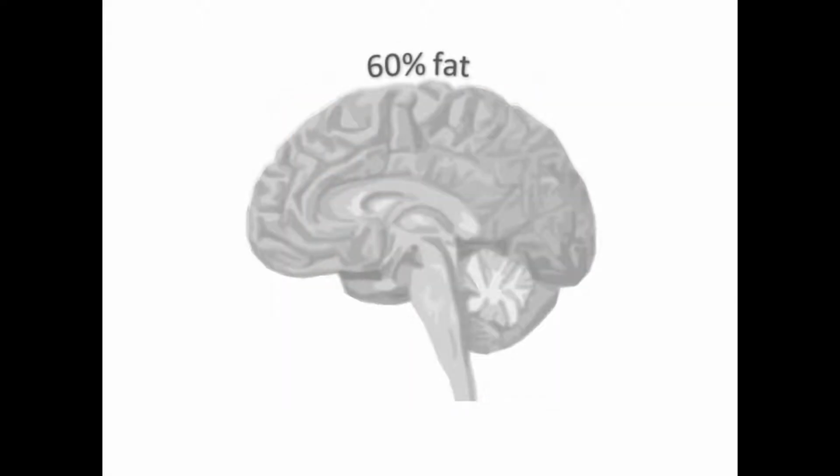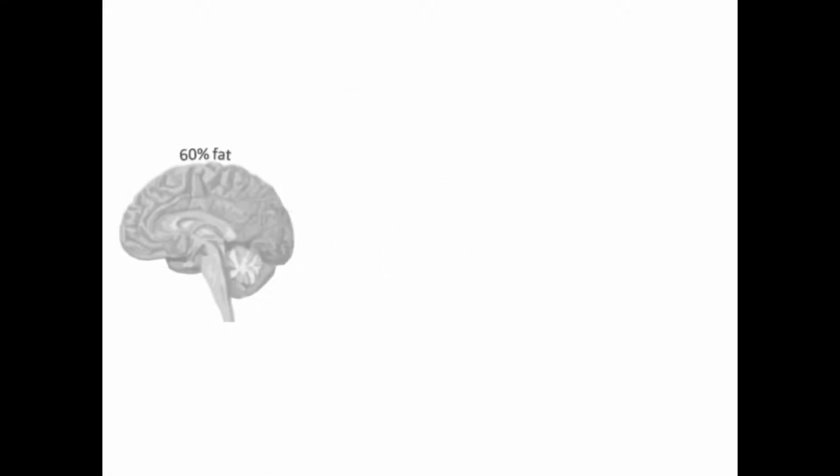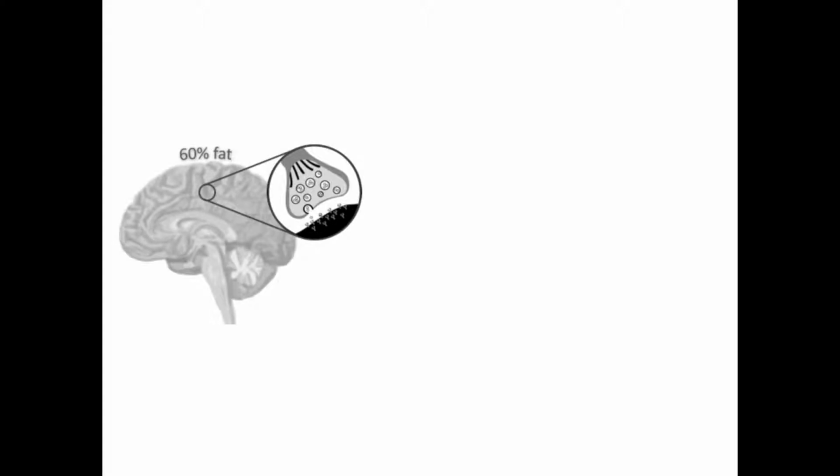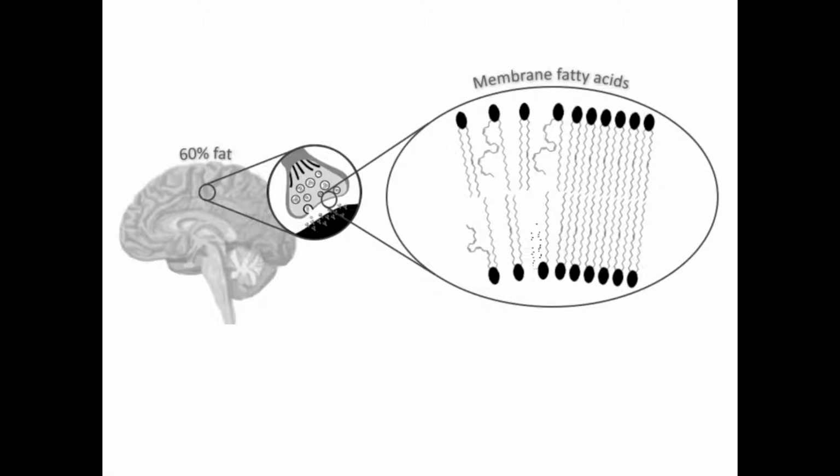And Dr. Assies continued her lecture by showing that the brain consists of 60% fat. And back then I thought, okay, that may be so, but what's the relevance of all this fat? During my psychiatry class, I never heard about fat. If neuroscience was covered at all, it was mostly about monoamine neurotransmission. So the relevance of this fat, I didn't know back then. And Dr. Assies showed that this fat can be found if we zoom in on the brain, on the neurons, and particularly the synaptic membrane. The synaptic membrane is made up of a phospholipid bilayer, and this is where the fatty acids can be found.